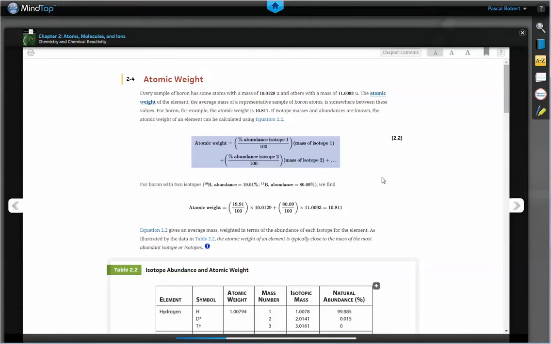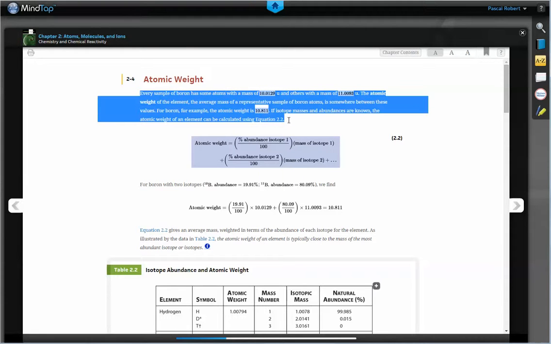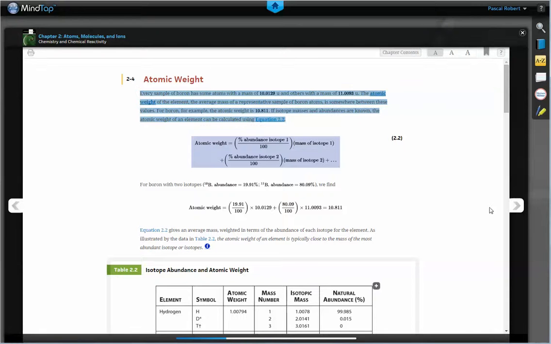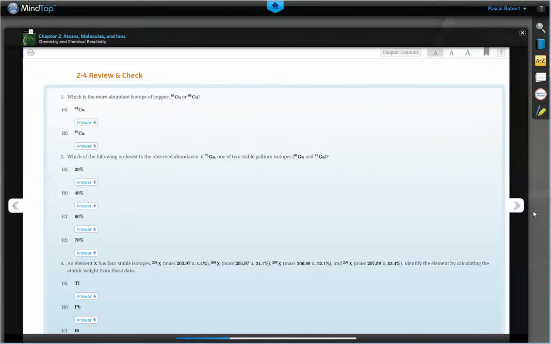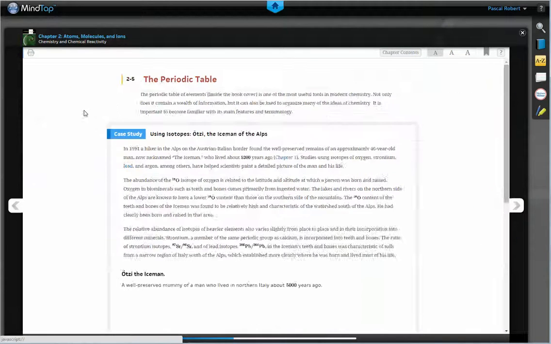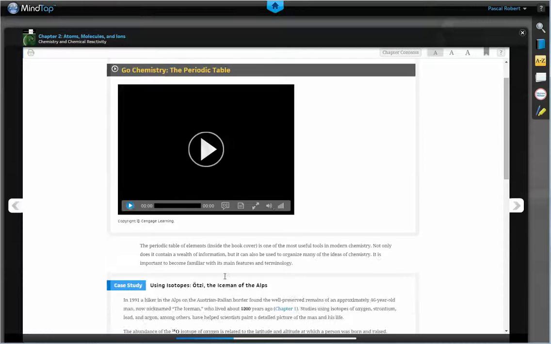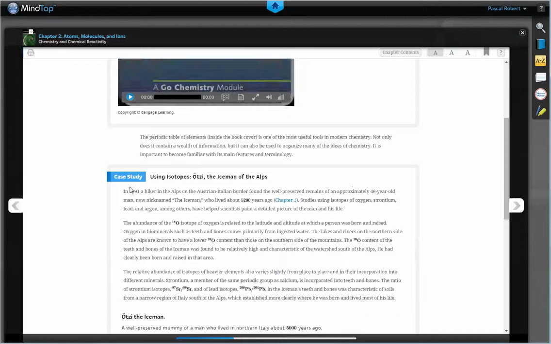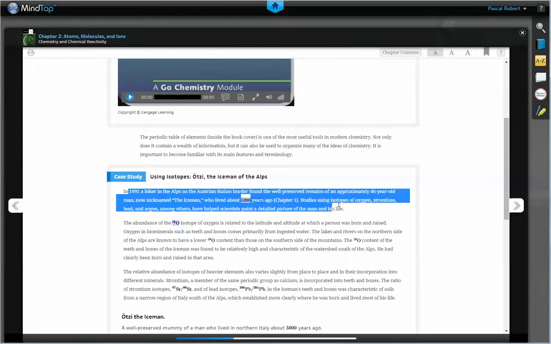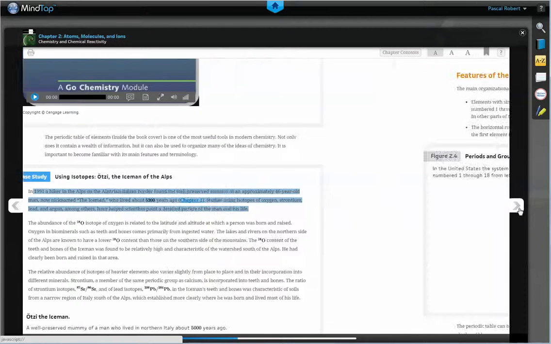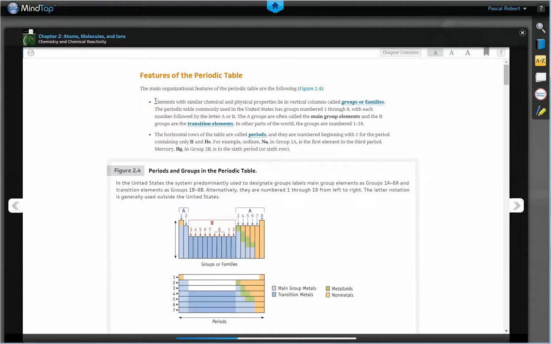One neat thing you can do here is, as you go through your course, you can highlight material. So you can come up with a highlighting scheme that works for you. There are different colors. So let's say, let's highlight that blue. Then let's move it forward. Like I said earlier, you can see that the videos, the medias are built within the book as well. So let's go ahead and highlight this blue again. Let's do one more highlight,